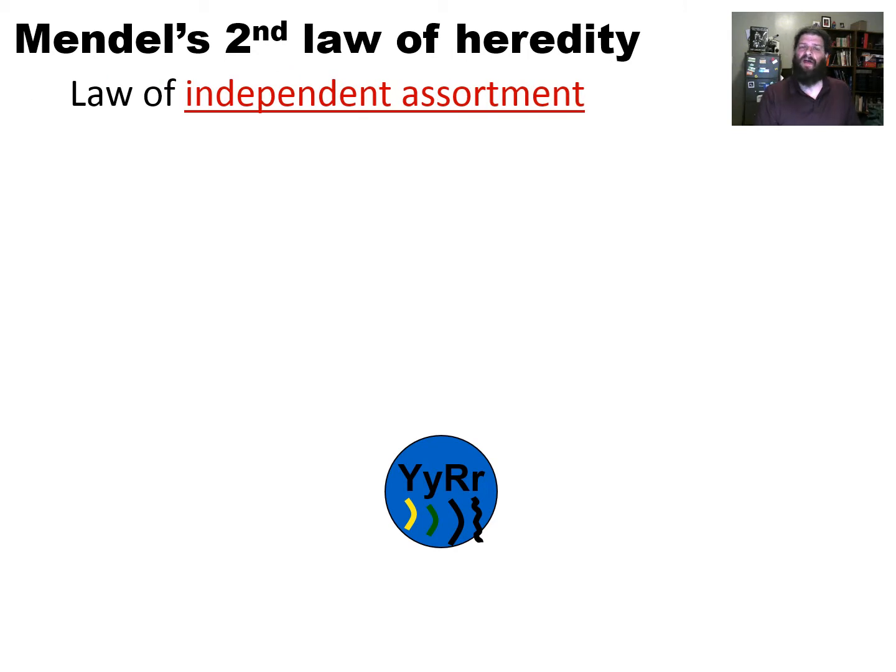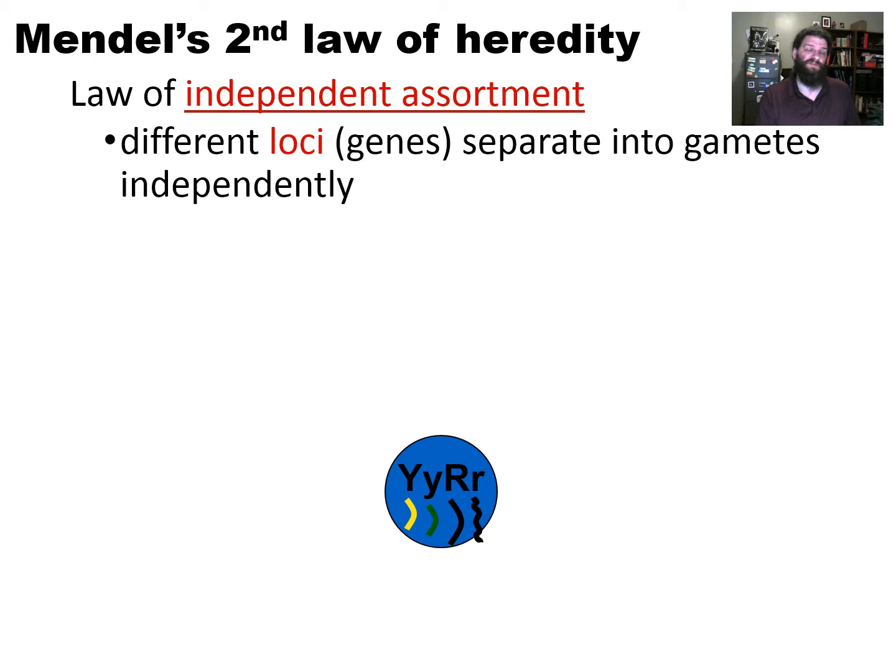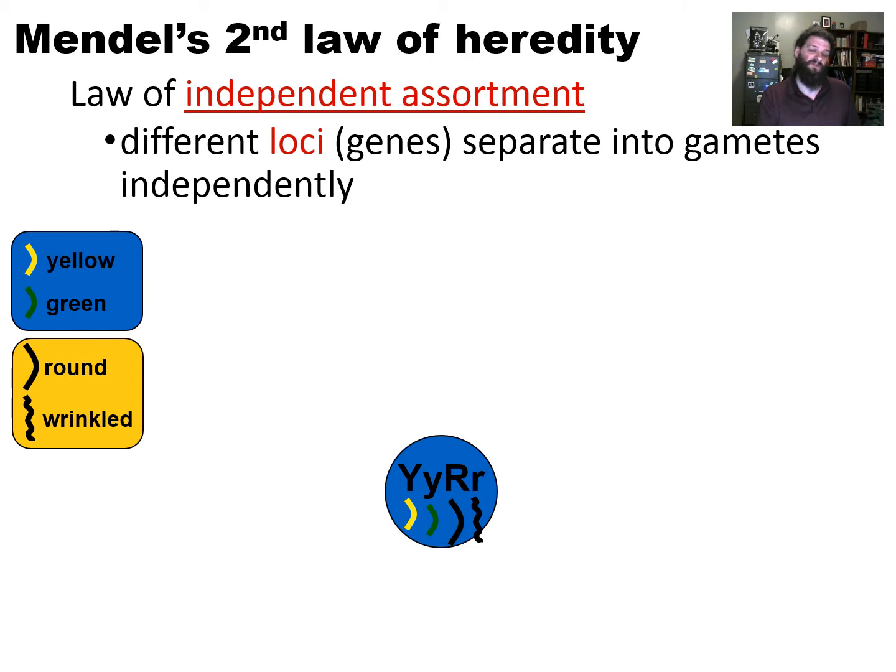The results of these dihybrid crosses led Mendel to develop his second law of heredity, one of his shakier ones, called the law of independent assortment, which states that different factors, which we now know are different genes or alleles that are located at loci, separate into gametes independently of one another. So if I have two traits like yellowness and greenness versus roundness and wrinkledness, and I have an individual who